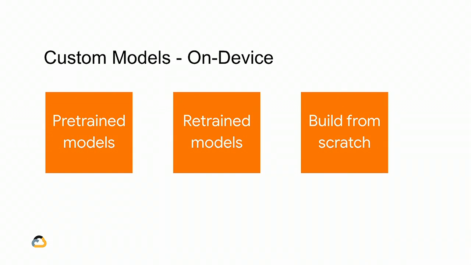Then there's retrained models, and in the example of the cassava, what they did was they downloaded something called MobileNet, a well-known model that's optimized for mobile use. It recognizes 1,000 classes, but then they retrained that based on leaves that they were able to categorize: this is a diseased leaf, this is an undiseased leaf. Using the same thing that I mentioned with the activity detection, you can train it on what a diseased leaf looks like and what an undiseased leaf looks like. So they were able to retrain and build a model out of that. Or, of course, you can just build from scratch. You can create your own model, and off you go.